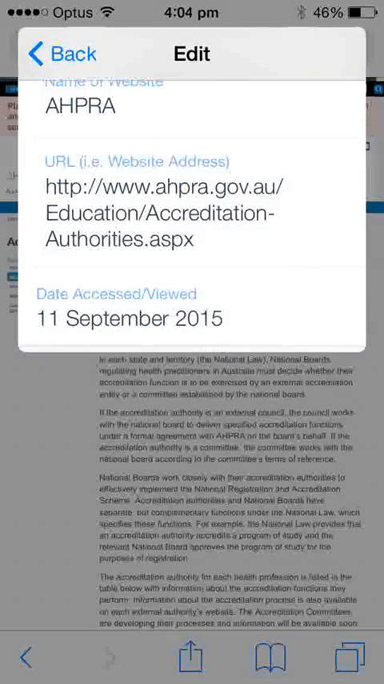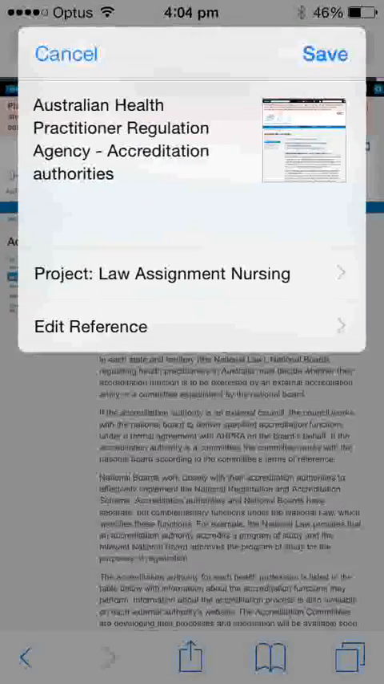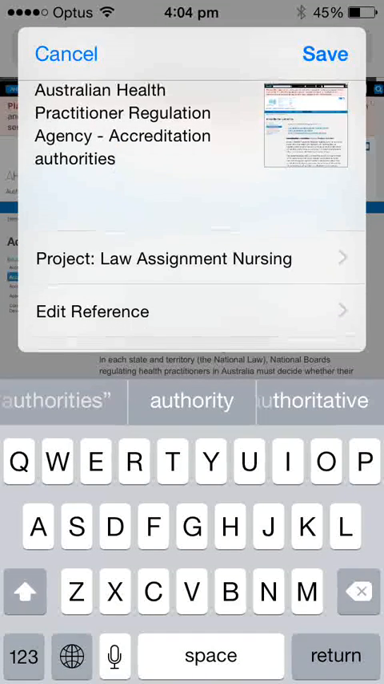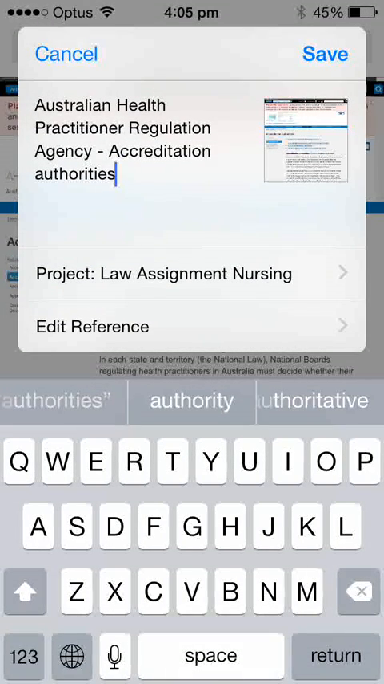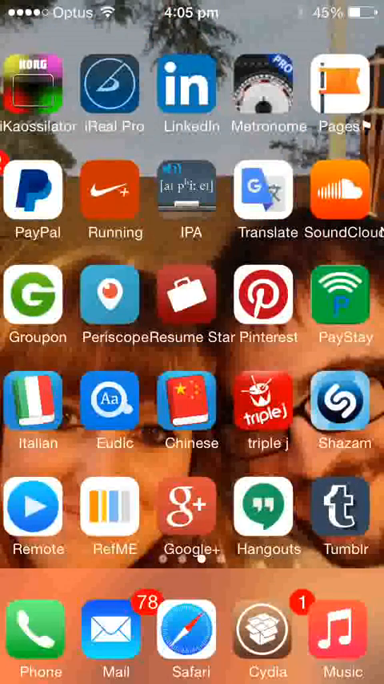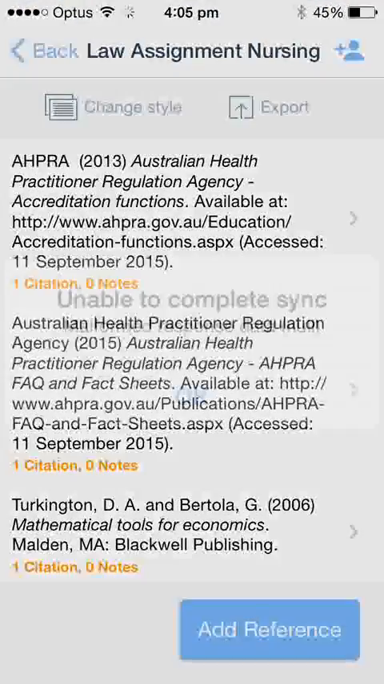So we've got all the information in there. We've told it what project we want to put it in. We just click on the top right hand side, it's got save, so I'm going to click save. And that has saved that to your reference list. So if we come into RefME,